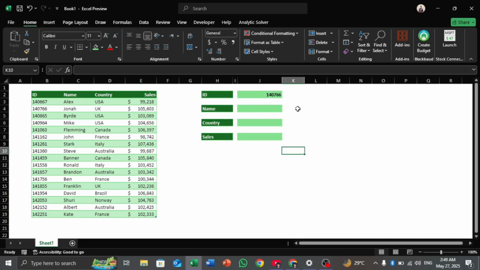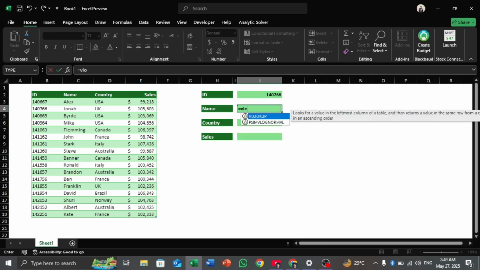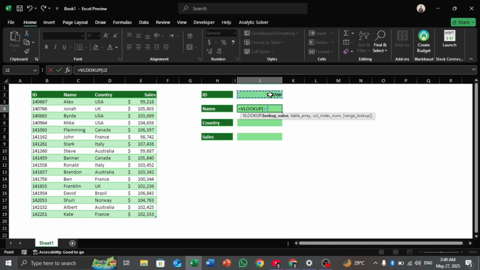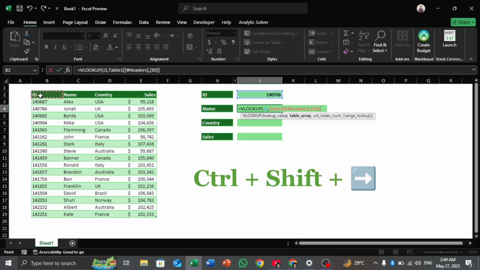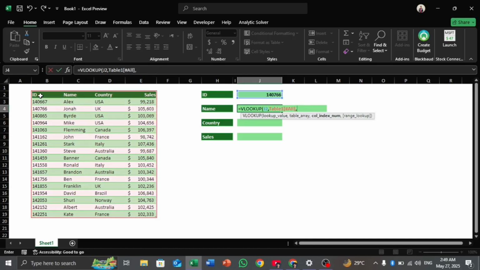So we go here on name and press equals to VLOOKUP, hit the tab key, and the lookup value for ourselves is this one, which is employee ID, comma, table array is the whole table, so select the whole table by pressing Ctrl Shift right arrow and Ctrl Shift down arrow, comma, column index number is the number of